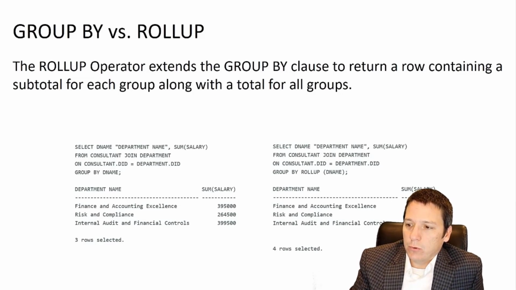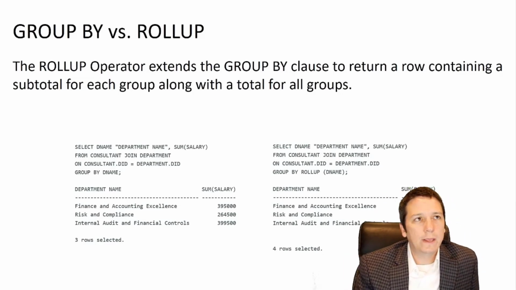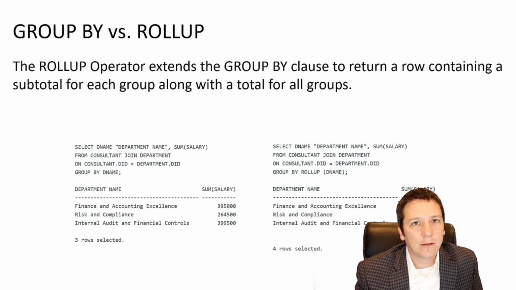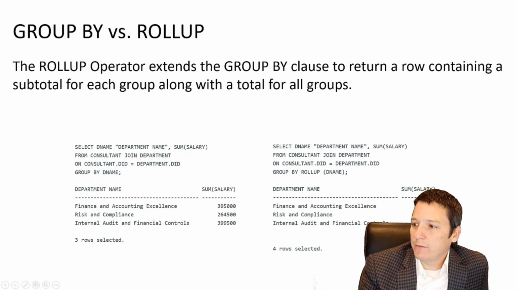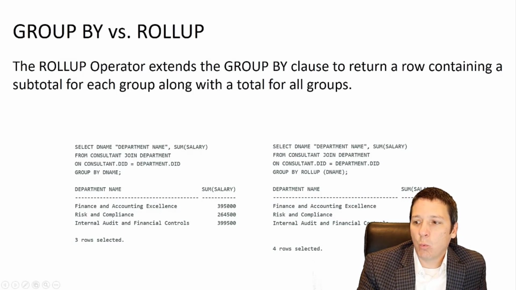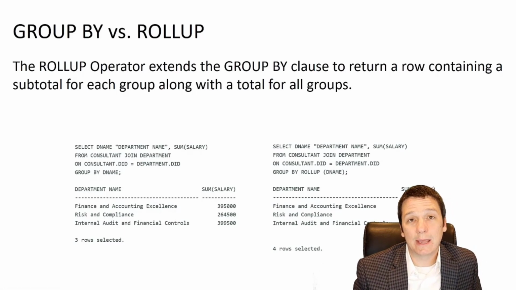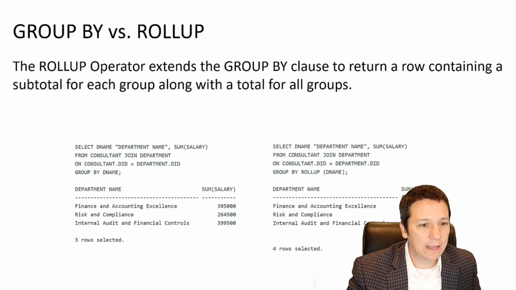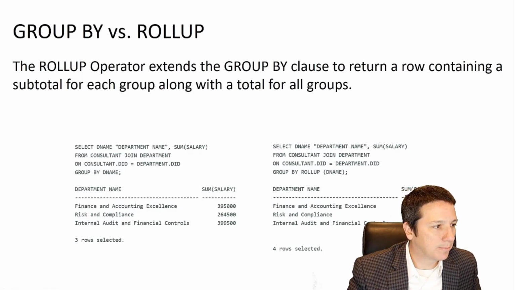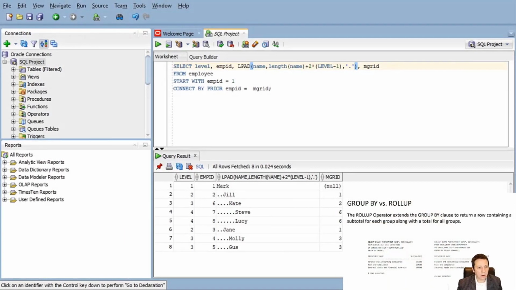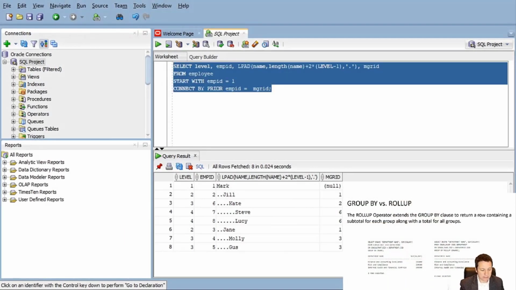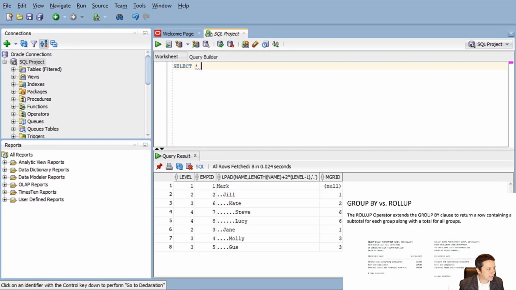So when we do a rollup, we get the value of the aggregate function for each individual group, and then one additional tuple that is the output of the aggregate function for the relation or the table as a whole without any grouping at all. So to go back to our pilot example just a little bit, if we were to do select,